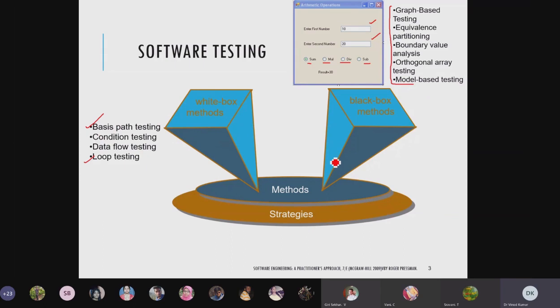I prepare one question asking which doesn't belong to white box testing, so you will pick this one. Like this, the question can be formed. So you need to understand it also. This is a very important topic in software engineering from a competition point of view. Many questions are asked from software engineering.